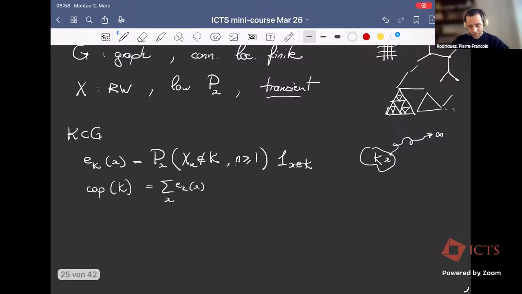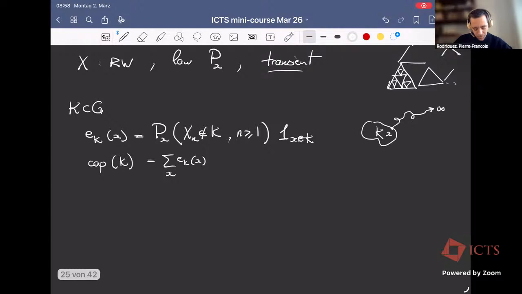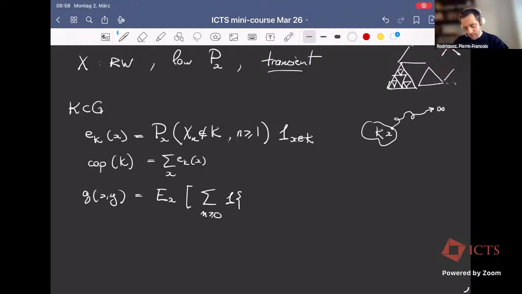Okay, and then you might remember there was something which I already introduced, which was the Green's function, g(x,y). This was the expected number of visits, so let me write it in this way. I just commuted the two sums. And just to make it slightly more general, I want to introduce the Green's function killed on K. When you kill on nothing, you get back your original Green's function, and killing on K means you only sum until you